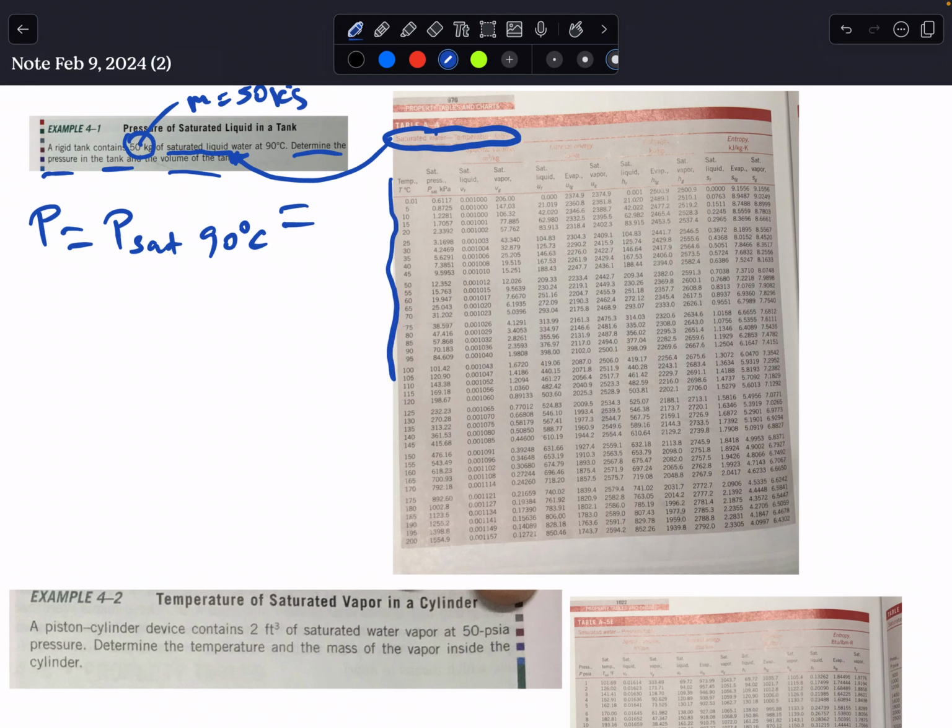This corresponds with temperature, this corresponds to pressure. So I am told it is 90 degrees Celsius, and I see here the property is 90 degrees Celsius. So I can see that here is the pressure, so I have the temperature, so it corresponds by mapping the pressure, which becomes